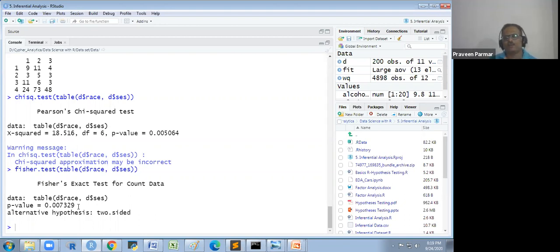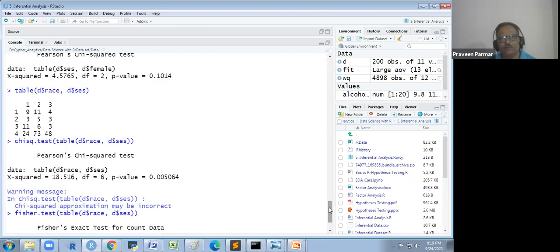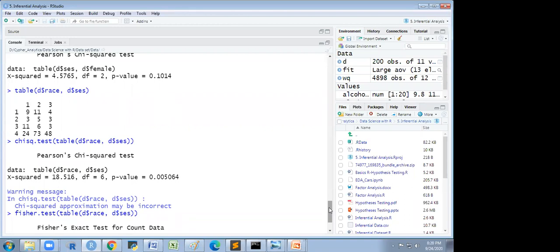It means there is a significant relation between race and SES, because the general category people may be from a high income group. We are just hypothetically taking this, and we are not considering it as race, because I don't know the names of the races they use. So the general category persons may be in the high income group, or it may be like that. Does that make sense to everyone? Yes, sir. Okay.